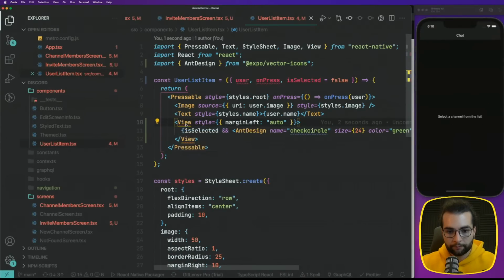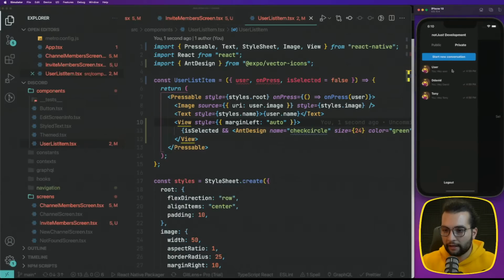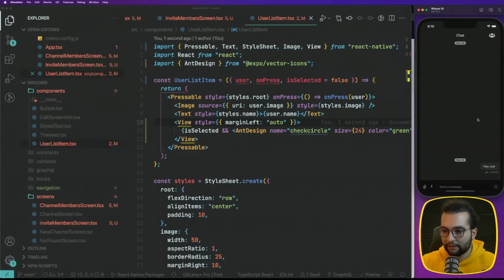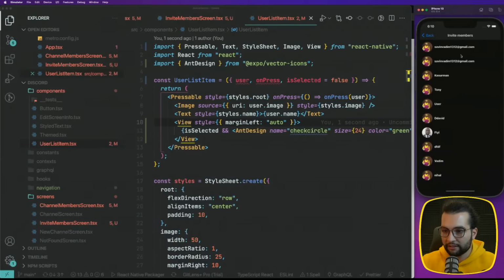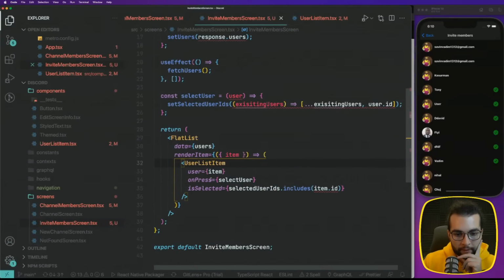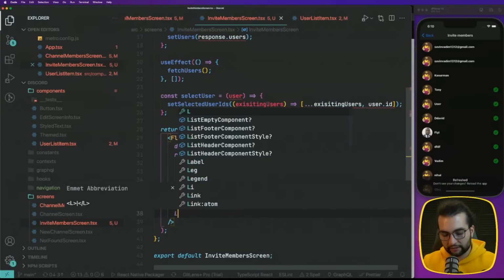We need to import. Okay, and now will it work? Invite members. Yes, now it's advanced. Okay, perfect. And we need a button, right? We need a button as well. Let's do it as well as the list